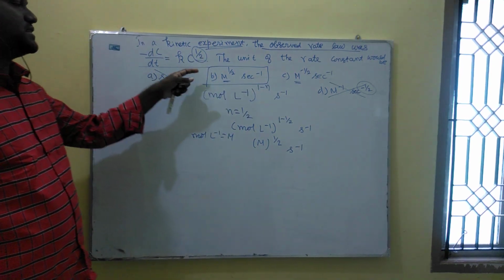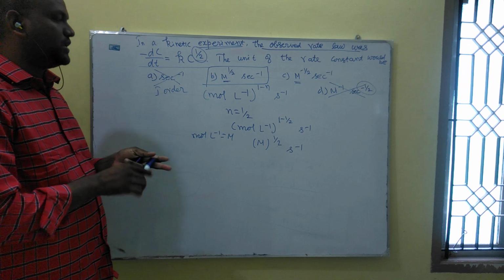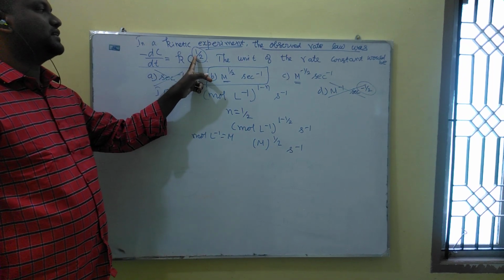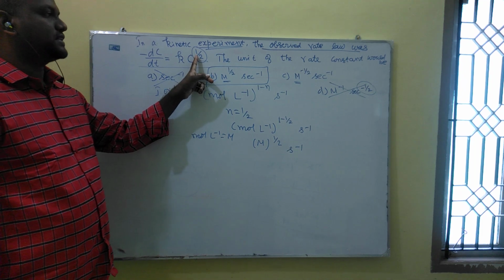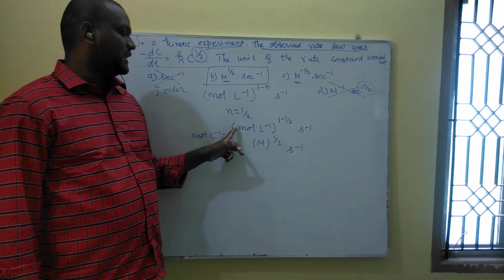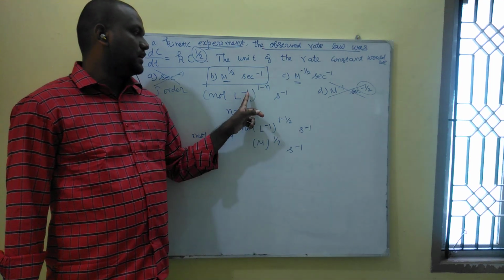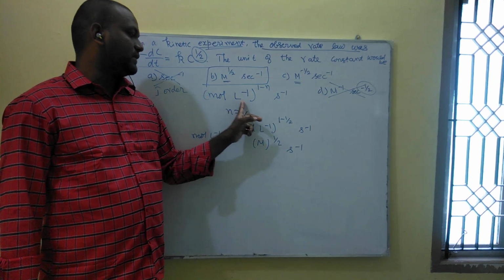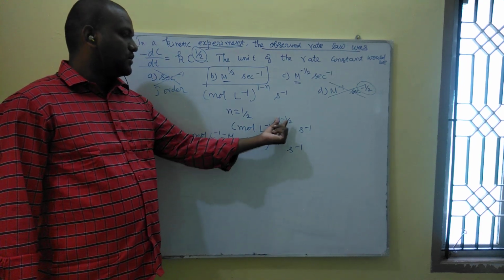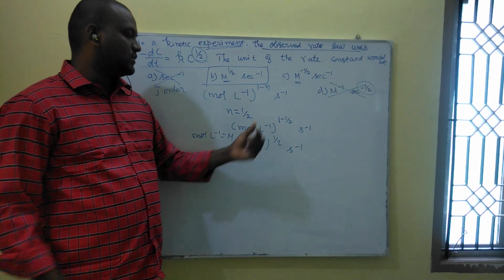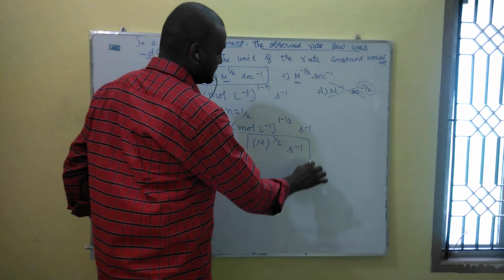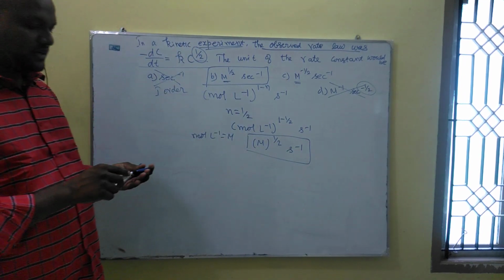From the rate expression you can find the order, because in the rate law expression the power gives you the order of reaction. Here the order of reaction is 1 by 2. We have the general expression mole per liter power 1 minus n per second. Mole per liter, you simply put as capital M. Therefore M power 1 minus 1 by 2 per second, and you will have the answer M power 1 by 2 per second. This is for the option given.